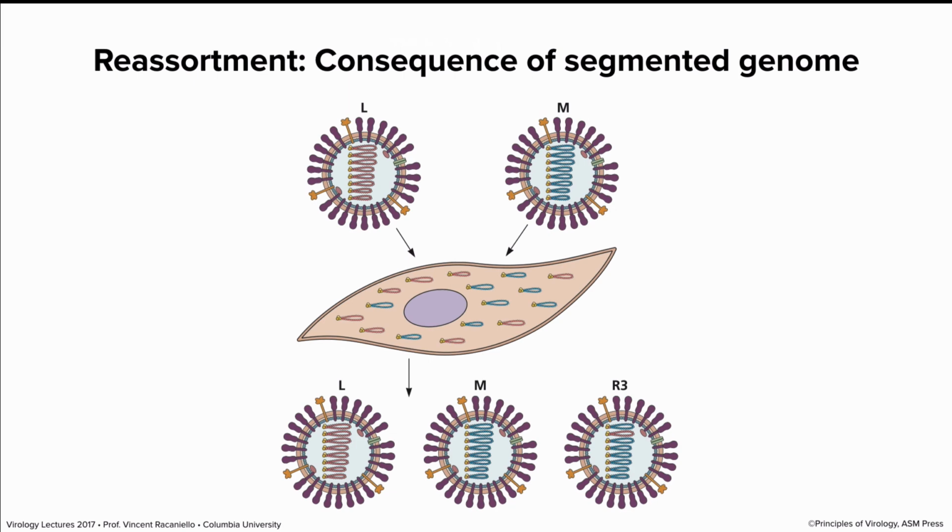So here's an R3 reassortant where the second segment is red. All the others are blue. They come from the M parent, and the red segment comes from the L. So this is reassortment. And the reason why this is important is, first of all, reassortment is a high-frequency event. It's much higher than recombination, which depends on either breaking of sequences or polymerases changing from one strand to another.